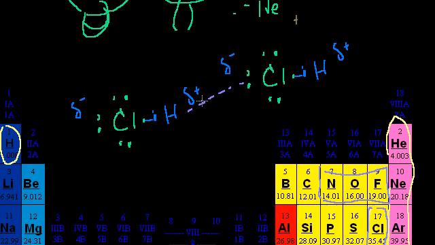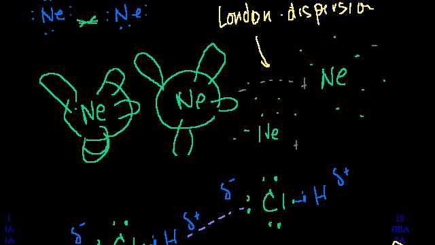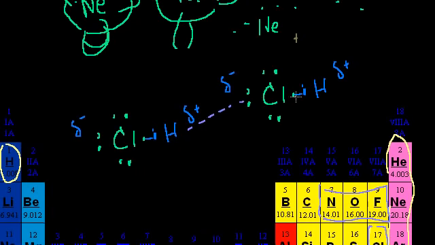And this van der Waals force, this dipole-dipole interaction, is stronger than a London dispersion force. And just to be clear, London dispersion forces occur in all molecular interactions. It's just that it's very weak when you compare it to pretty much anything else. It only becomes relevant when you talk about things like noble gases. Even here, there are also London dispersion forces when the electron distribution just happens to go one way or the other for a single instant of time. But this dipole-dipole interaction is much stronger.